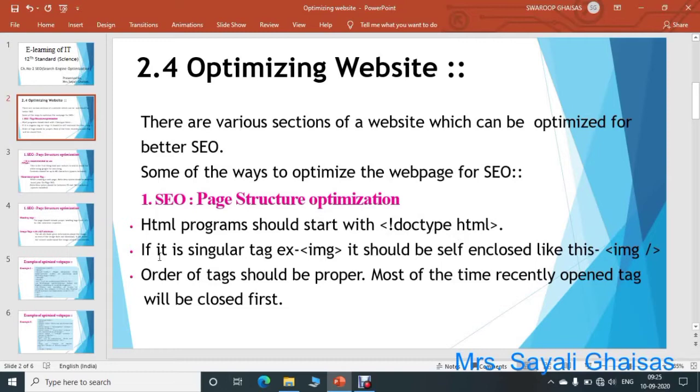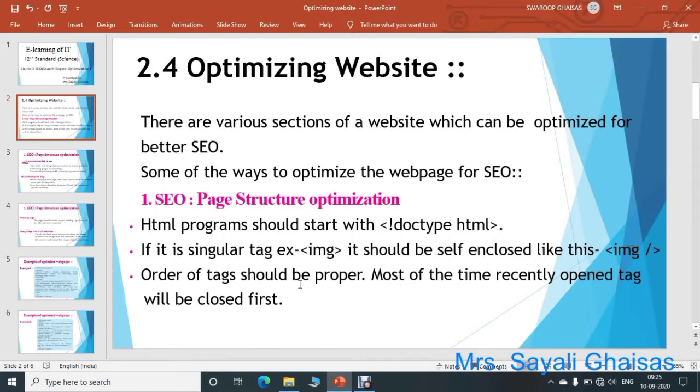Then if it is a singular tag like the br tag, hr tag, or image tag, that is img tag, it should be self enclosed like this. If it is a singular tag, that is, it does not have a corresponding ending tag, then it should be enclosed like this.